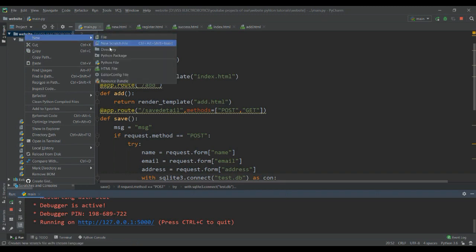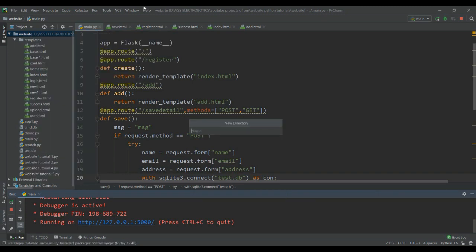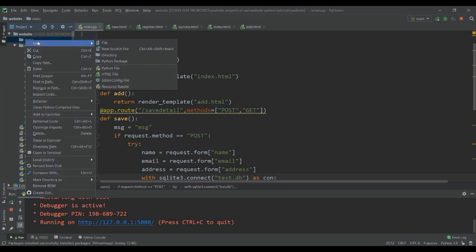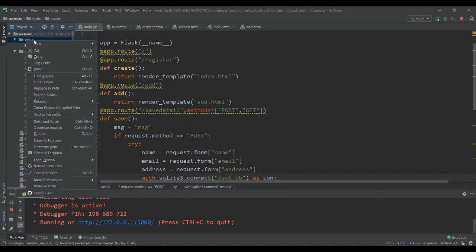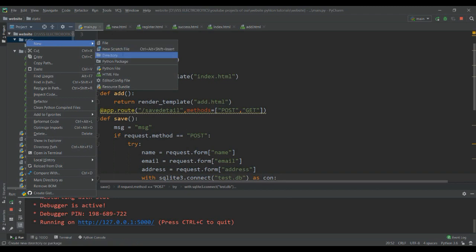First, I'm going to create a directory called static. This will be the folder which will be holding the images and all. In this I will be creating another directory called built-in, and then another directory called uploads.